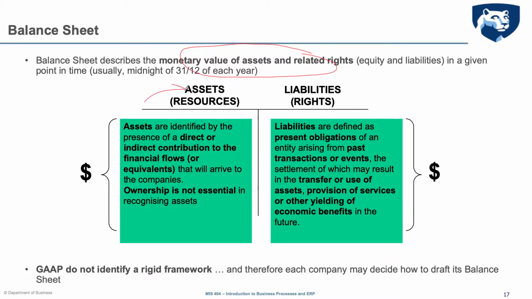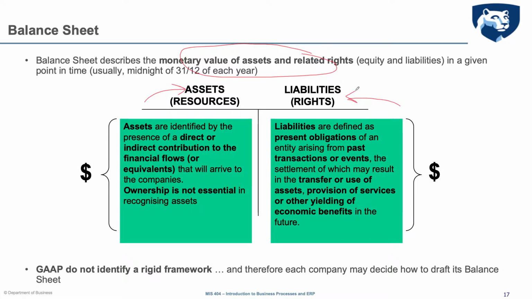On one side, you have assets, the resources that the company owns, which are used to generate sales and, of course, also generate cost. Assets are resources that the company uses, which do not necessarily need to be owned by the company. If I'm paying rent for a warehouse, the warehouse is one of my assets because I use it to stock product, produce product, or whatever you do in the warehouse, even if the ownership is not mine. So this is an asset of the company, even if it is not owned by the company,